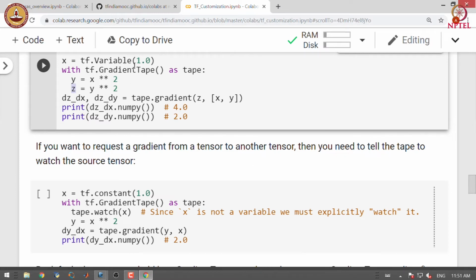So, you can see that since x is equal to 1, we get dz/dx to be 4 and dz/dy to be 2.